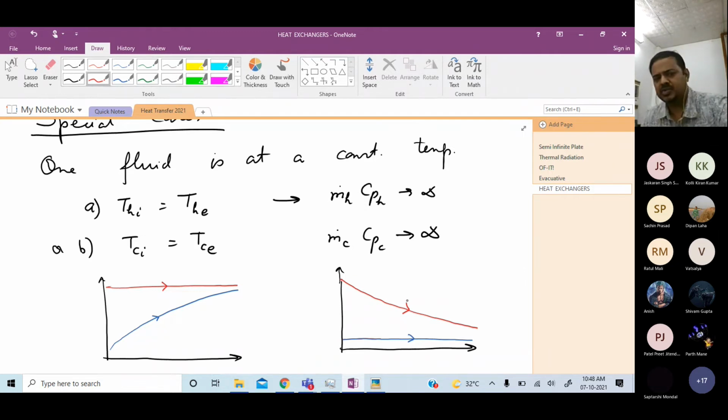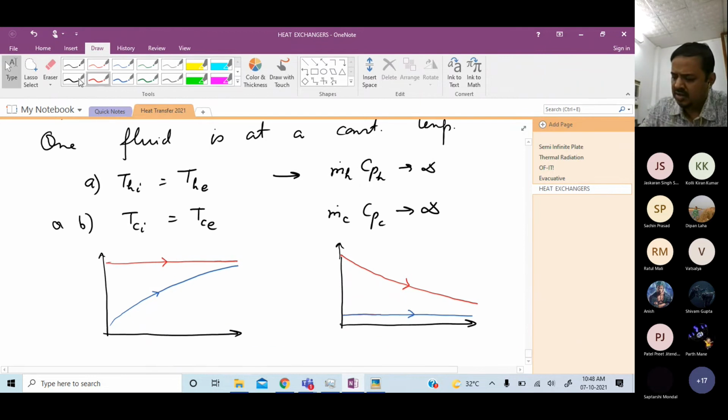When is this possible? Let me ask you, is this possible? And if so, when? What do you think? I mean, is this practically feasible? If it's a very big reservoir, if the coolant is a very big reservoir or something. Okay, so it's an infinite heat sink. Okay. What else? Or if the fluid is circling back to do the cooling again. No.